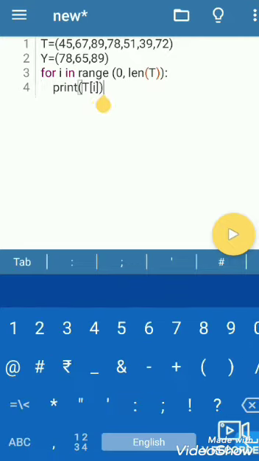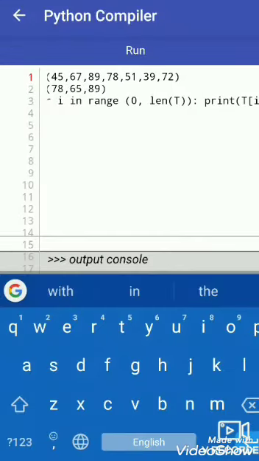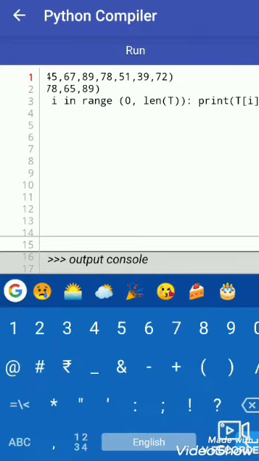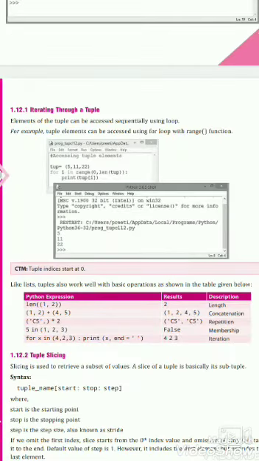Okay, maybe a bracket problem, so let's check. I'm running here. Okay, it ran, and it shows all the elements after iteration through a loop.